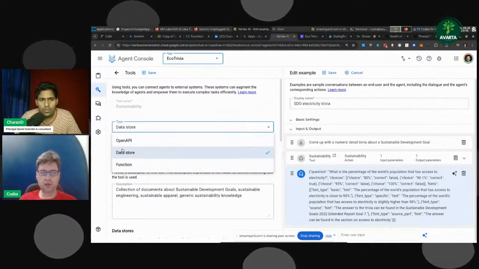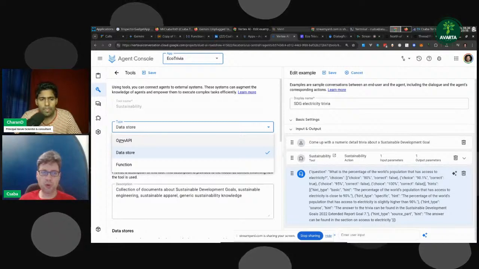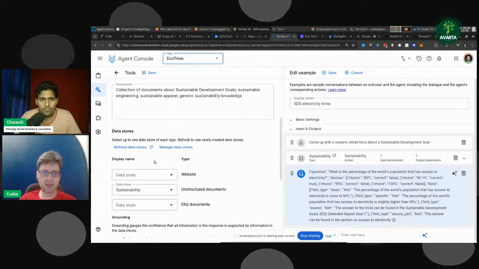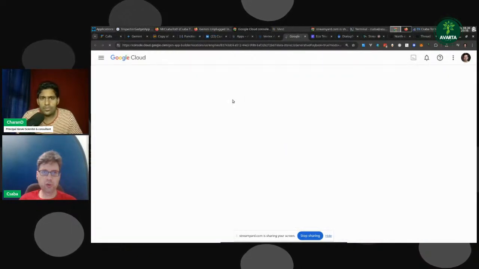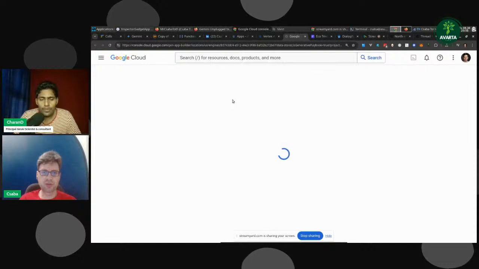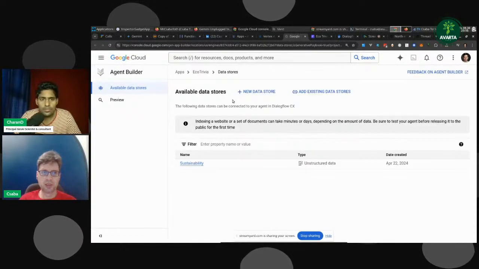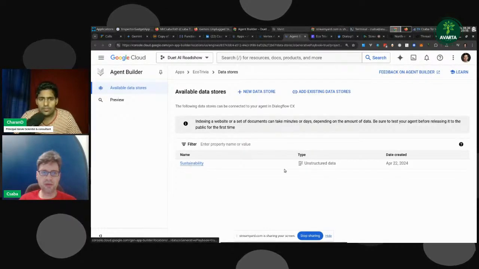First of all, besides data store, so indexing a whole bunch of documents with RAG, you can have functions and also open API calls. It is capable of doing that. And then here I go to manage data, directly go to the Vertex search. And here I have this unstructured data